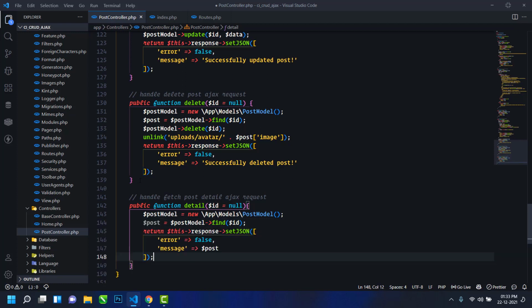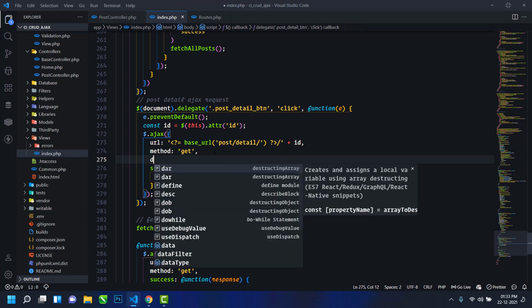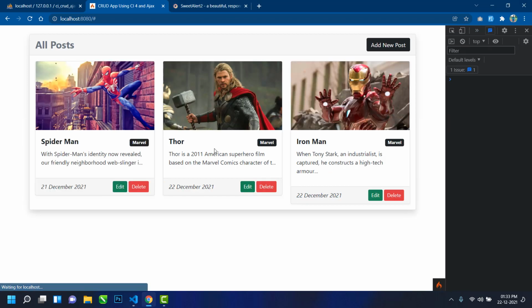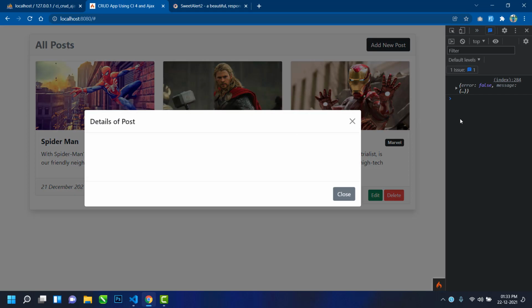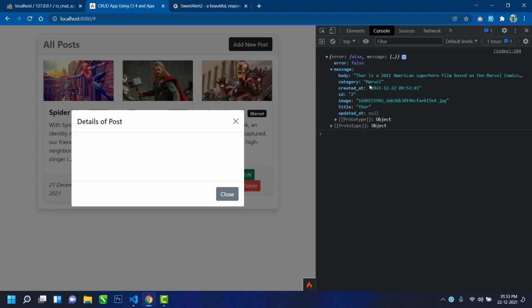Then I will return the response with error, status and message post. In index I will use data type JSON. If we come and refresh and click on this, then you can see in the console we are getting error false, and in message we are getting the post details.